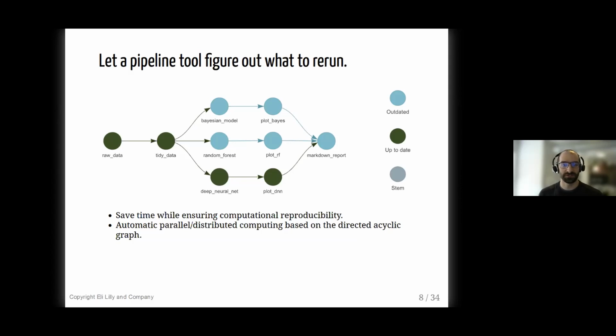Another great question is, is targets somehow more geared towards the tidyverse users, or does it also work equally well for base R workflow? So targets does have some built-in tidyverse features. Some of its functions are powered by the tidyselect package to make things a little bit more convenient.